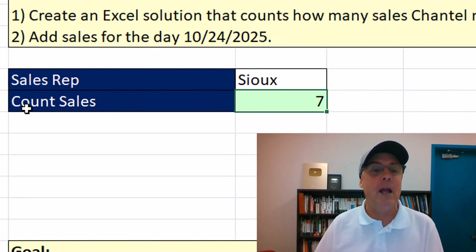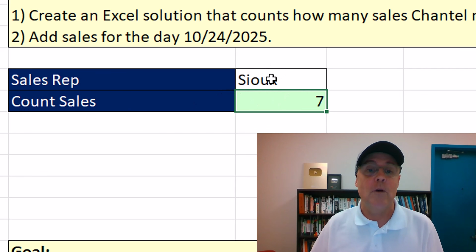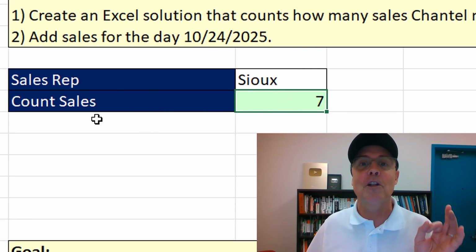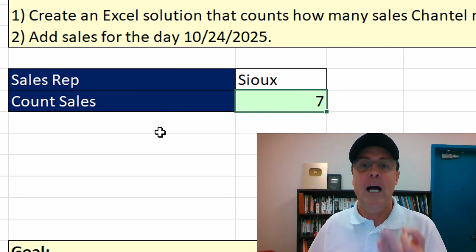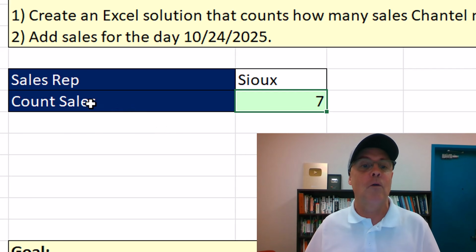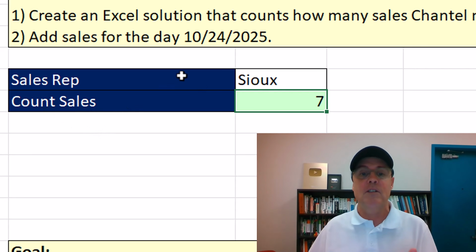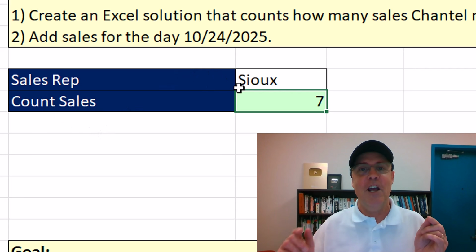Now, wouldn't it be great if this had the sales rep name, like number of sales by Sue, and anytime we change the condition here, the label updated. That's a great example of a text formula. Now, before we link whatever text we have to the cell, I got to show you how to enter text